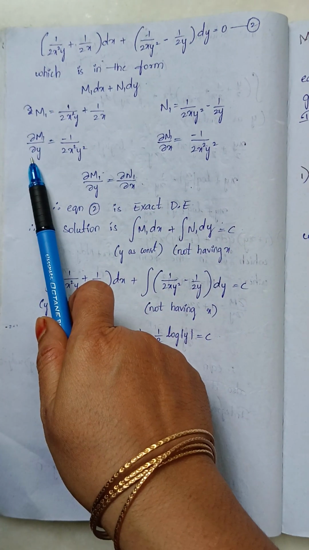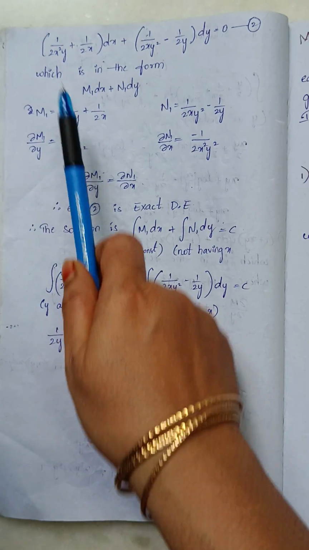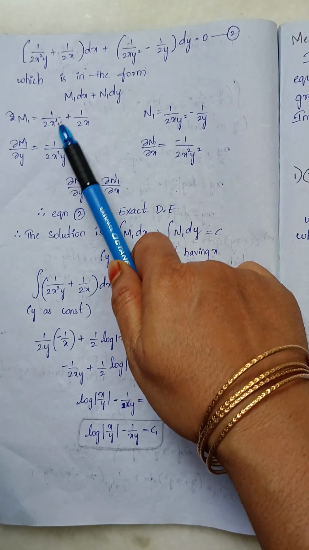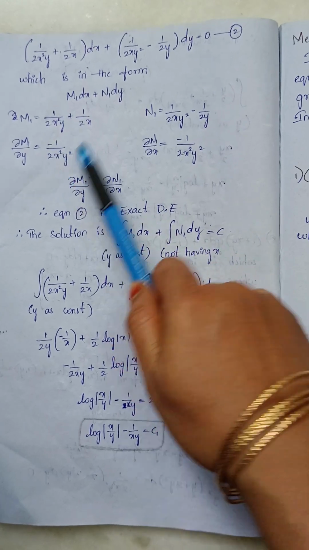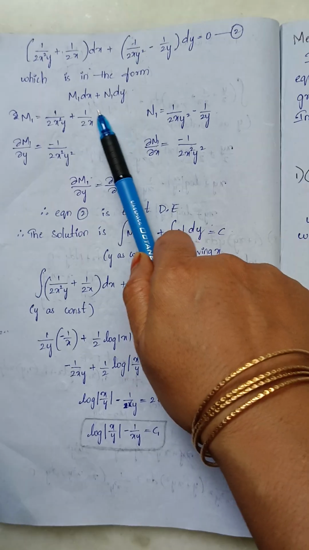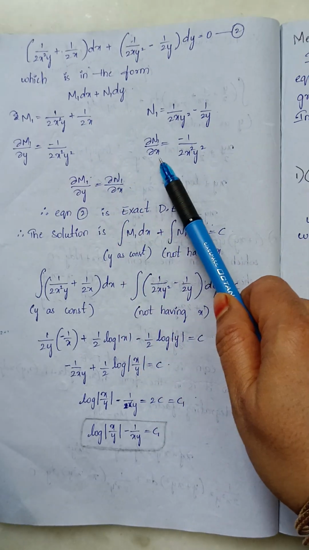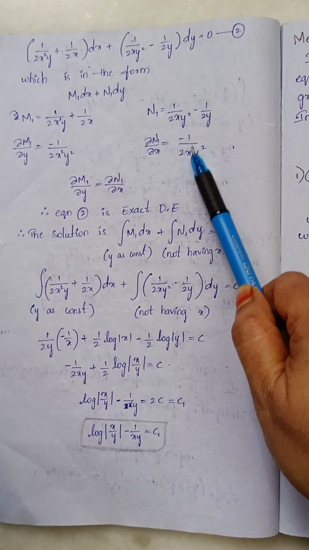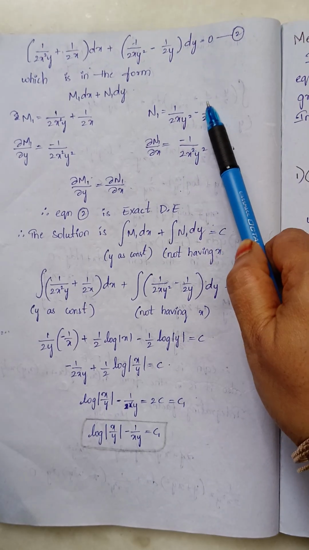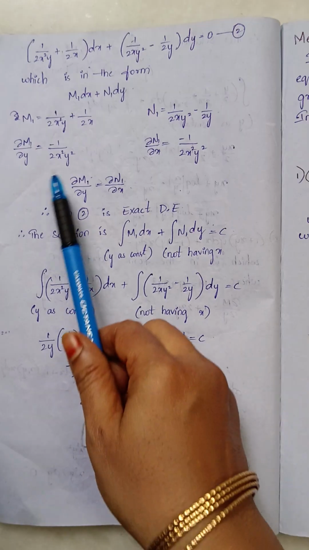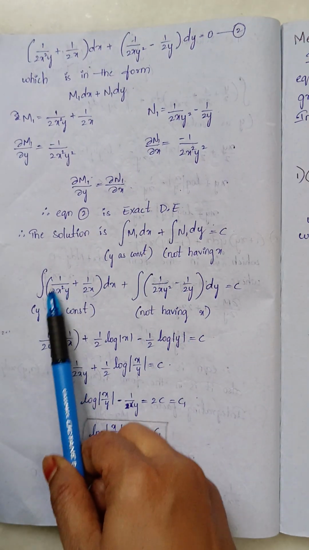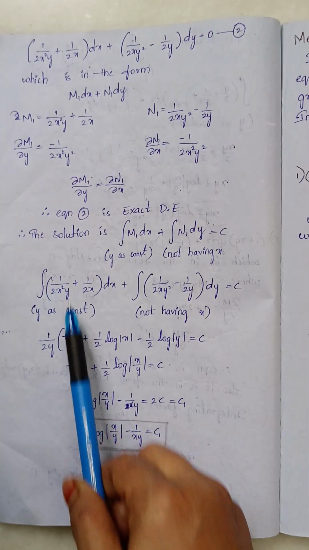See, M1 into del M1 by del y means with respect to y means 1 by 2x square is constant, 1 by y derivative is minus 1 by y square. Here with respect to y means total constant whose derivative is 0. Here with respect to x means 1 by 2y square constant, 1 by x derivative is minus 1 by x square, and this is constant, so whose derivative is 0. Both are same, so the solution: y as constant means 1 by 2y constant, integration 1 by x square is minus 1